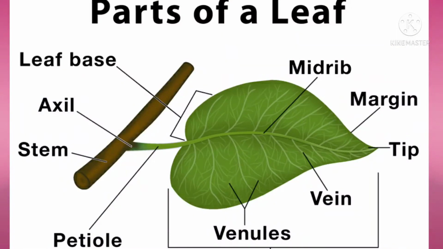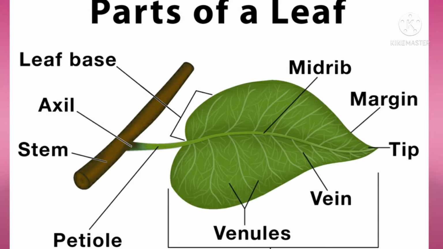Next, we will see about the leaves. So, leaves are called the food factories of green plants, as they prepare food for the plant by the process of photosynthesis. They differ greatly in size, shape, and color. We have already read about the structure of the leaf in the previous classes. Let us review it quickly.